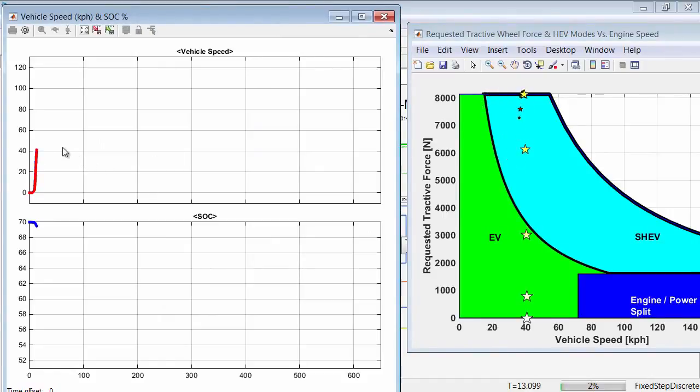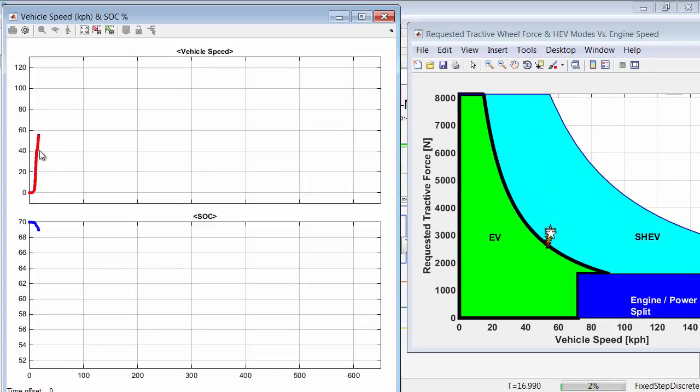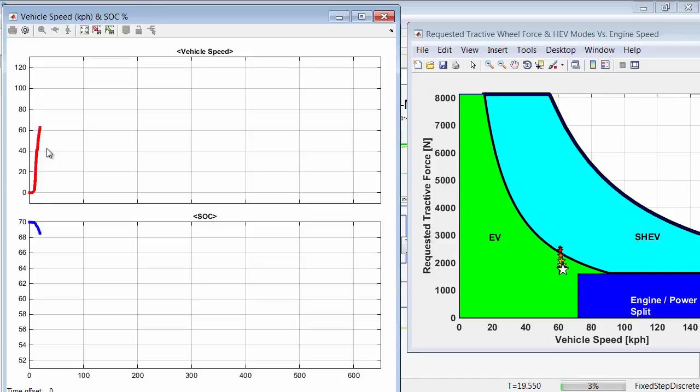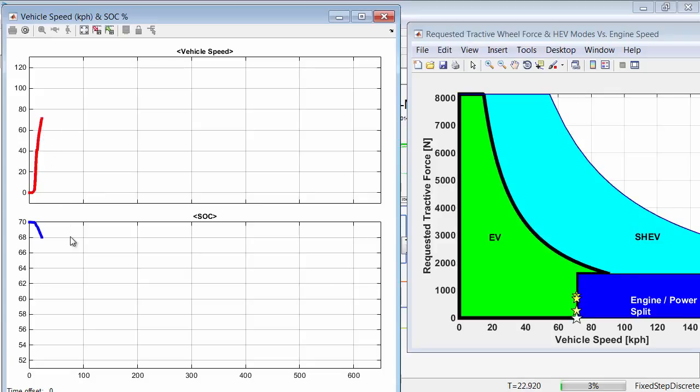The first figure is the speed and state of charge as a function of time. The top vehicle speed graph shows two signals. The blue signal is the reference signal from our drive cycle block, and the red is the simulated vehicle speed. You can see that the model is able to track the desired drive cycle quite closely. The vehicle starts off in EV mode, and you can see the SOC of the battery decreasing during the initial